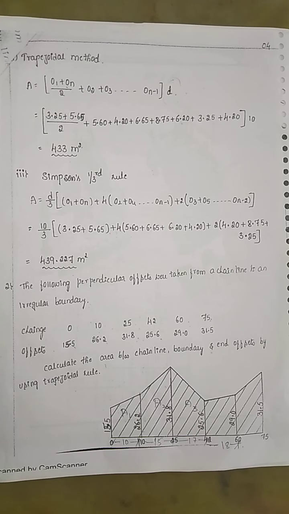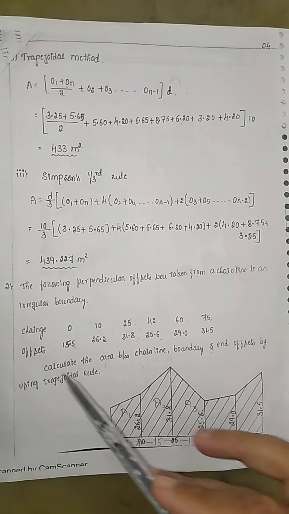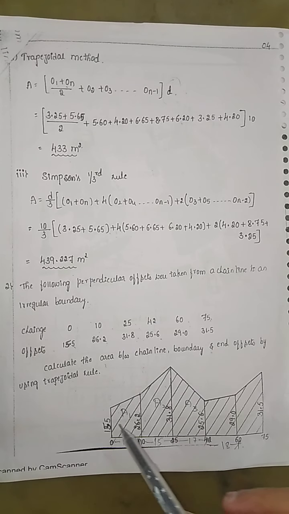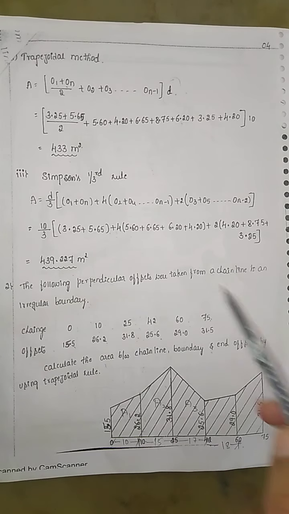After being given the problem, the first thing you need to do is, corresponding to these particular chainages, draw these offsets. The chainage and offsets you need to draw. Once you draw these, the diagram will be clear to you, which will be area 1, area 2, area 3, area 4, like that. After the diagram is clear to you, it is going to be helpful in order to apply the formulas. So once you get the data, you need to first draw this after getting the data.